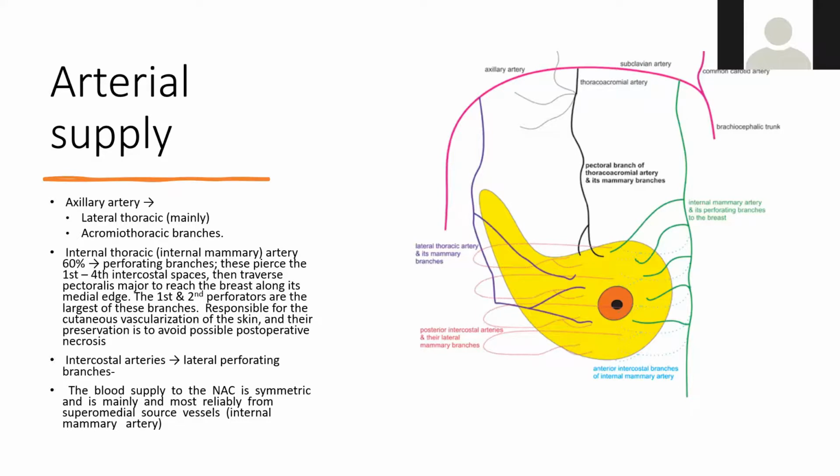So in these perforators, usually the second is the largest, you have to be very careful because it is from deep inside the chest wall and it comes up to supply the breast. So when you do mastectomy in that medial side of the area, you need to be careful of these perforators because one of them is big, it can cause bleeding, and moreover if it snaps inside the chest wall,